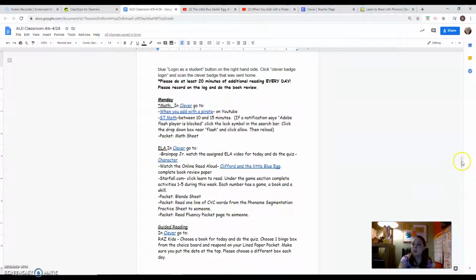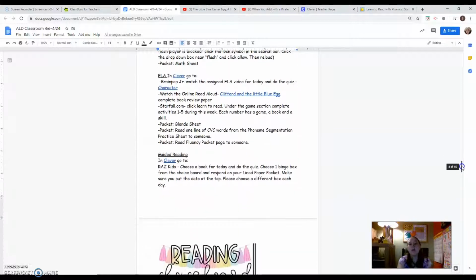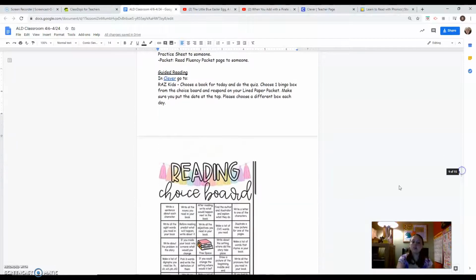And then Miss White has been doing some fabulous Raz Kids stories to help you all understand how to use Raz Kids. We've been having some questions from some parents about Raz Kids. So what Miss White did was she made herself a password in it as a student.